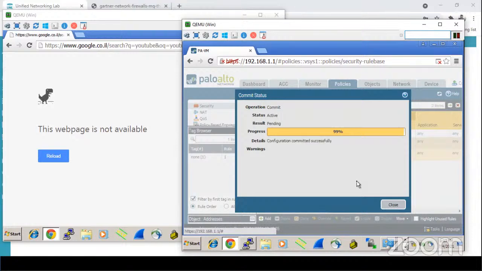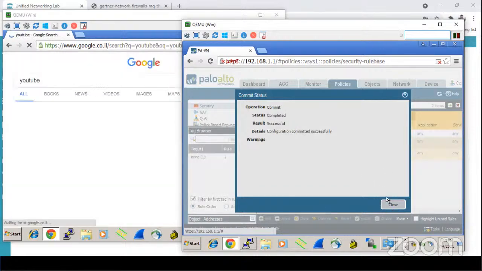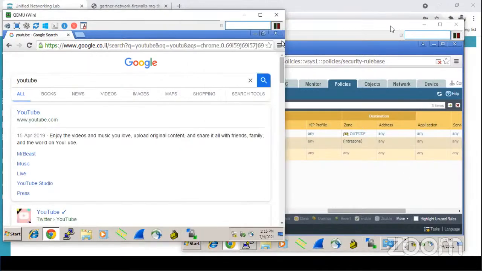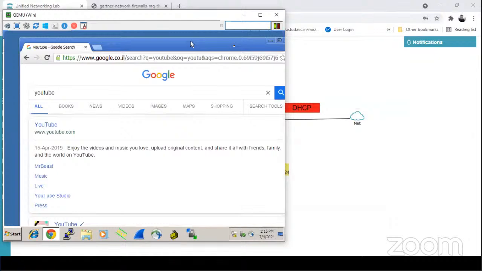Now on the second side, we have configured a NAT profile for the path and the security profile to the internet for the internet access between two different zones. Once that policy is saved, you can see here. Let's minimize this step. You can see here,